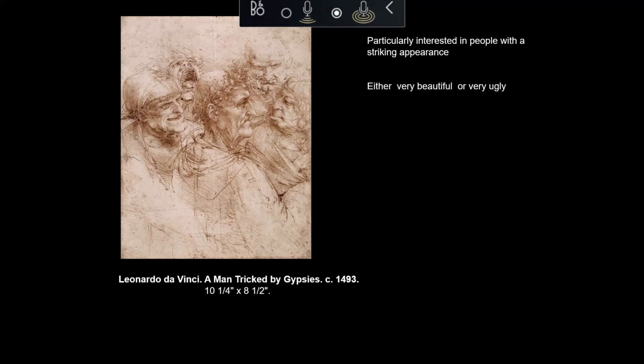Maybe it's about the marks. Maybe it is the representation, or the way that Da Vinci was able to capture a kind of caricature of these individuals or the aging process. I mean, there's something about these individuals that we can read into them, and we can get a sense of their personalities. So whether the subject matter itself is pleasing or displeasing, hard to look at or easy for your eyes to take in, it doesn't matter in this particular class. And whenever you are trying to evaluate artwork, right?